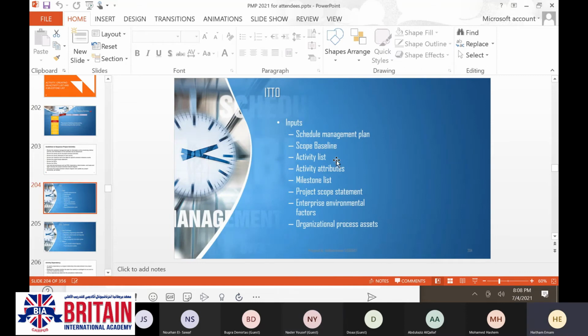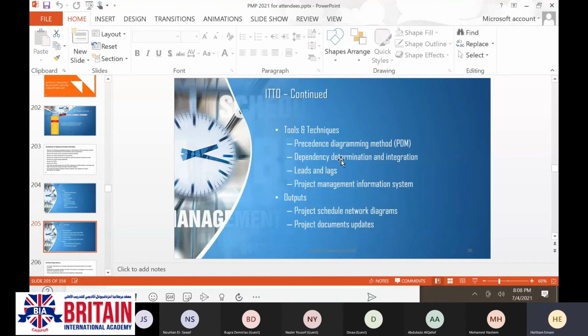The inputs for this are these, and the tools and techniques which will be used for that are precedence diagramming method, dependency determination, and integration.